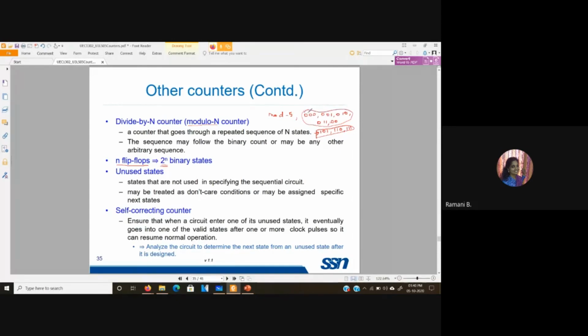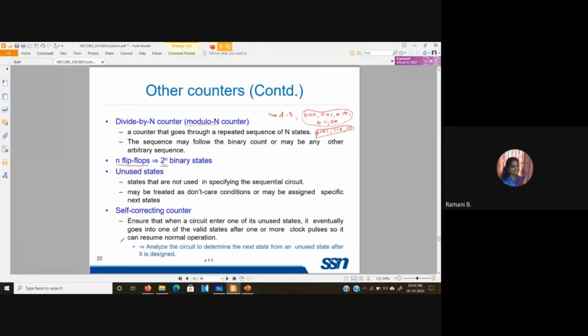For example, if I come across the states 5, 6 or 7, you can say that the next state be 0. You could design it that way. Sometimes it is mentioned, and sometimes we have to look for the correction procedure ourselves. A counter that is capable of getting back to the sequence even if it goes to any unused state is called a self-correcting counter.